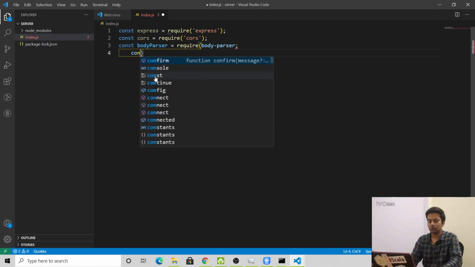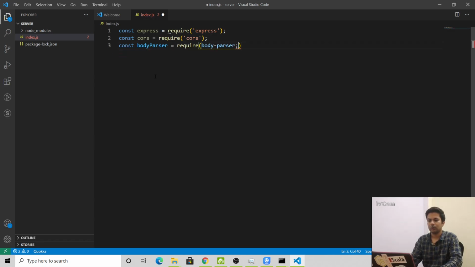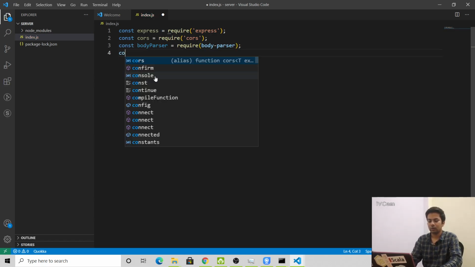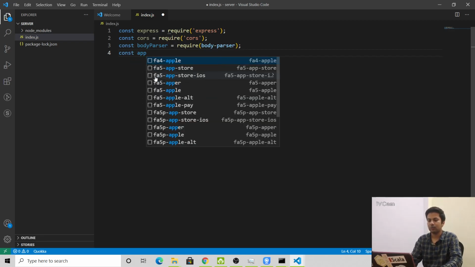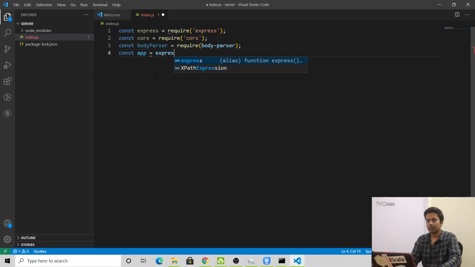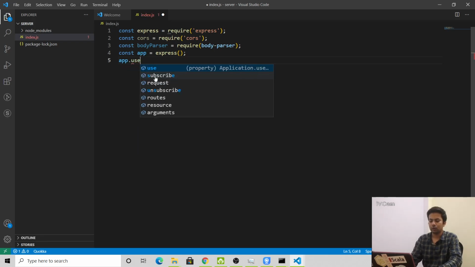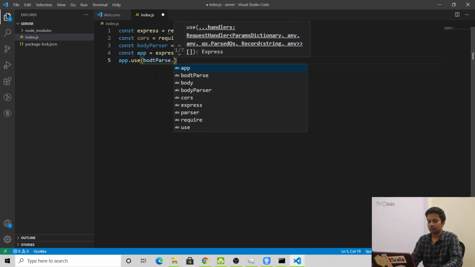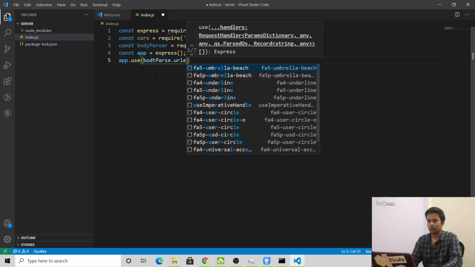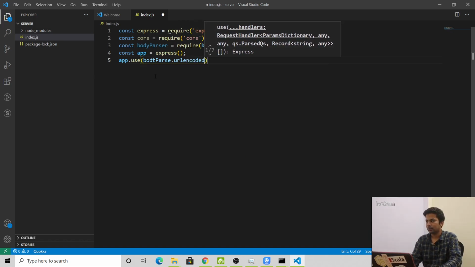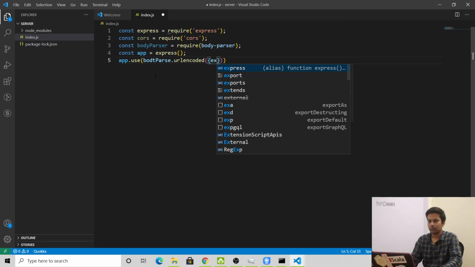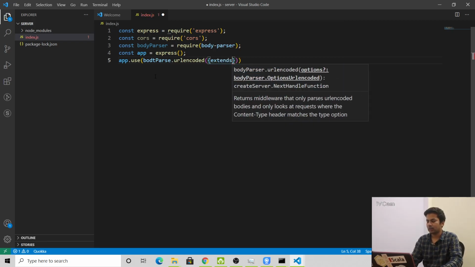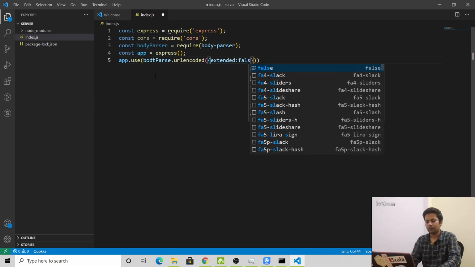Now we'll do const app equals express, and we'll do app.use bodyParser.urlencoded extended false.